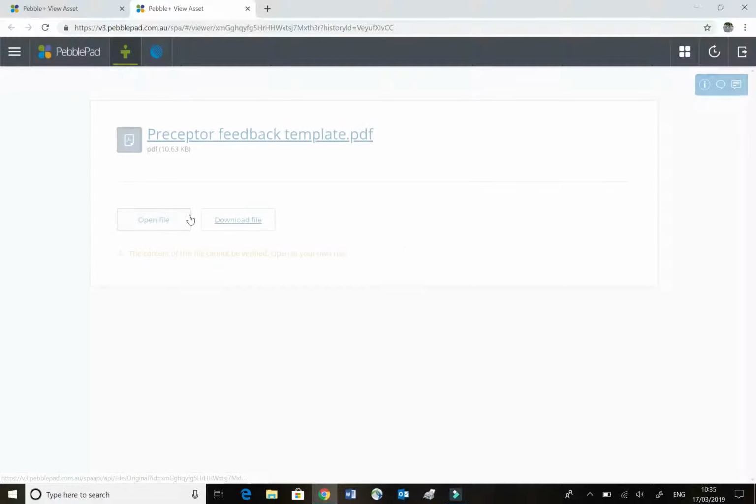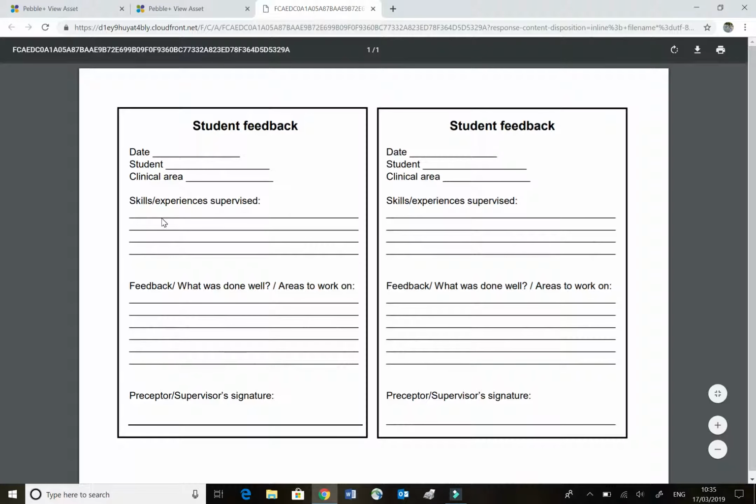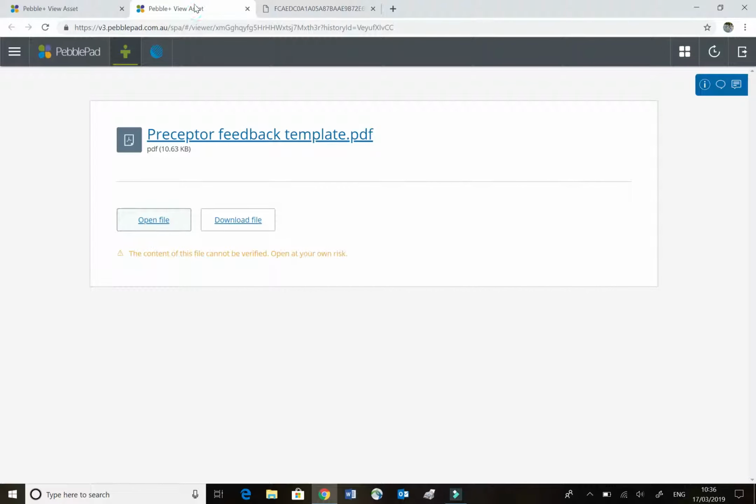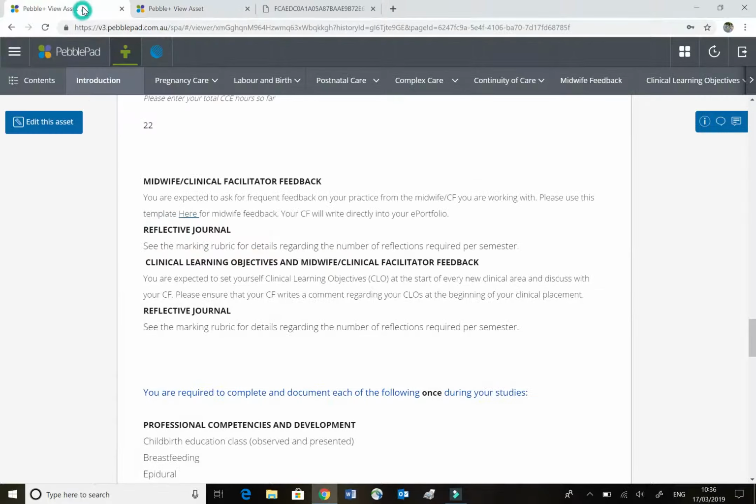Because we know it's a big expectation for midwives to provide feedback, we have actually given the students a template that they can give to the midwives to simplify feedback for them, so it's not too onerous a task at the end of the shift. The student can fill in the skills or experiences of the shift, and then it's for the midwife just to give some feedback about what was done well and areas to improve on. And so we suggest that the students use that or get their clinical facilitator to write directly into their ePortfolio